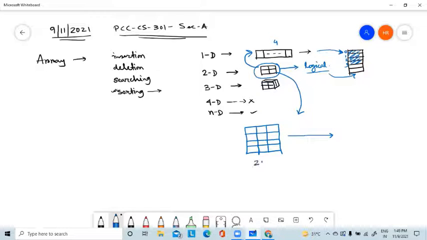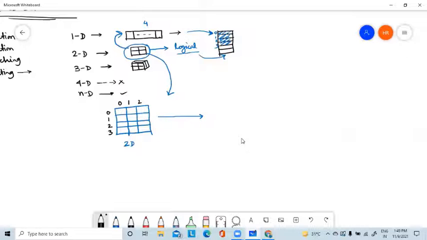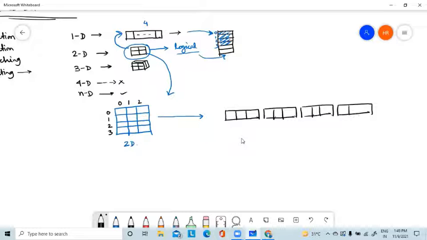So this is one simple 2D array. These are the rows 0, 1, 2, 3. These are the columns 0, 1, 2. Now we can store this 2D array in a form of 1D array either like this, then like this, then like this, then like this.